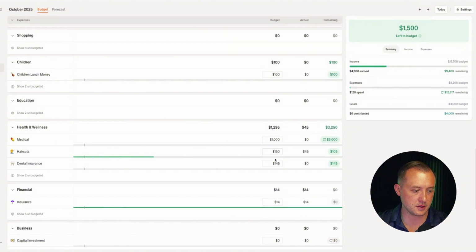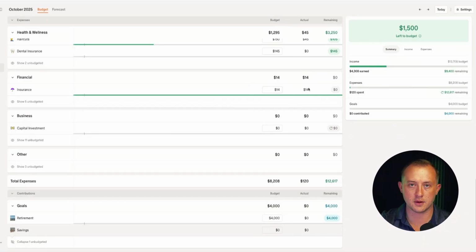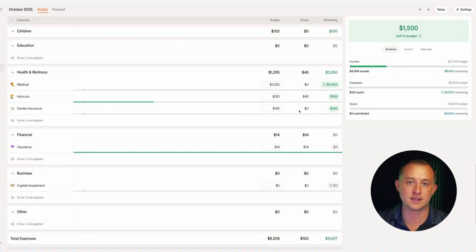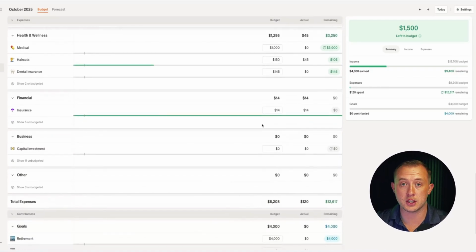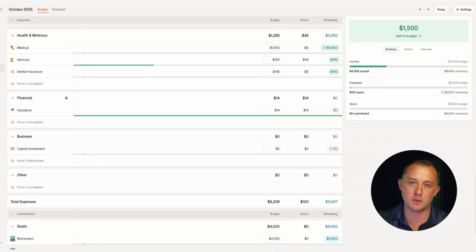Okay, so after dental insurance, this is just other types of insurance. In a fundamentals personal finance video that we're going to be having coming out, you'll notice one of the five buckets that we like to allocate money to is protection and planning. And part of that is insurance, whether it's disability insurance in case you get hurt on the job, or if you're a 1099 contractor and you get hurt and the insurance doesn't want to pay out, it's covered. If you have life insurance, health insurance, I highly recommend, by the way,